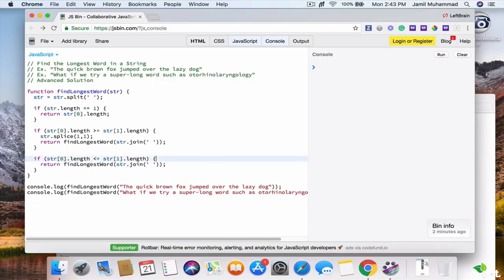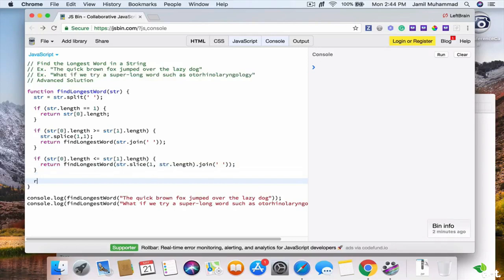There'll be no splicing here, and instead I'm going to have str slice, and then have str, and we will have one, str length, and then dot join. Okay, we have that, and then at last we will have